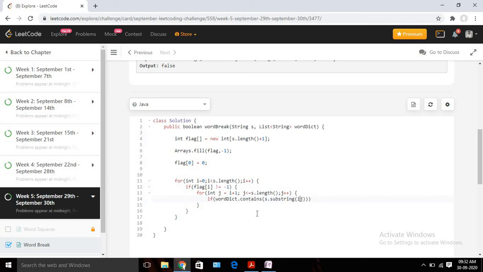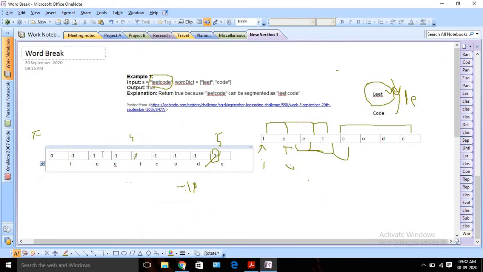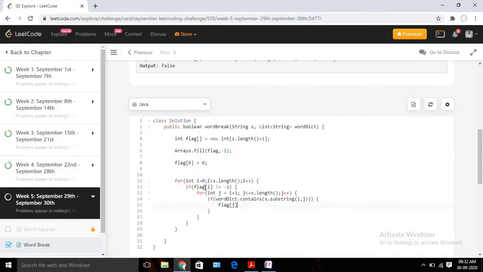If it is there, that means the particular word is in our dictionary, so we can set the flag for that particular position. So j will indicate the end position of the substring. Obviously we are going to set that position with any value except -1. So let's set it to i like this only.